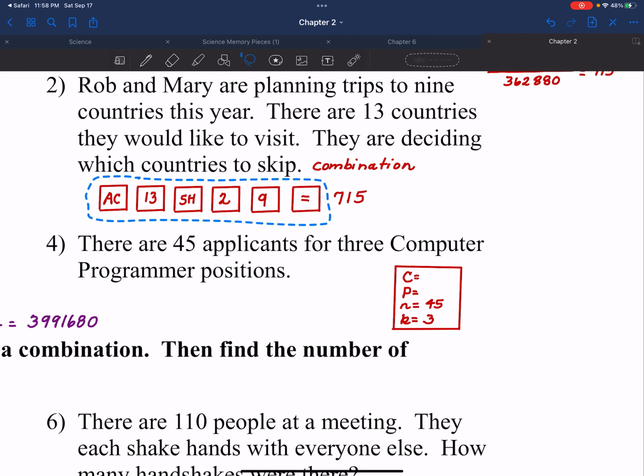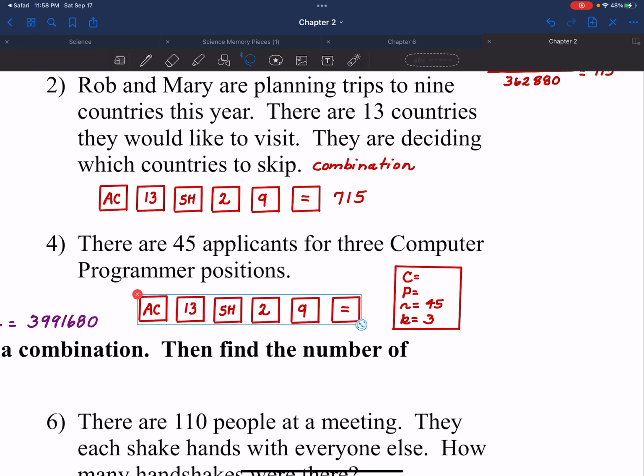Because I don't like that feeling of panic when I think I've missed it. It's been a very long time since I've done these. So let's put in the values for this problem. We have a 45 in the N slot and a 3 in the K slot. So all clear. 45 shift 2, 3 equals